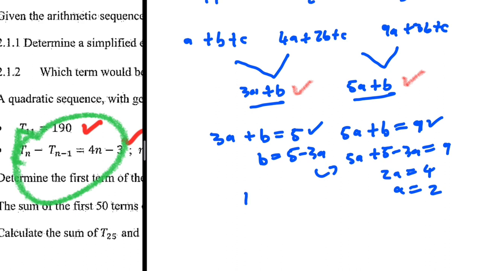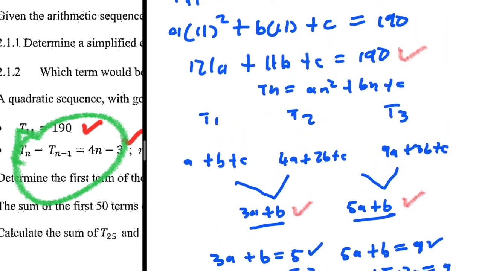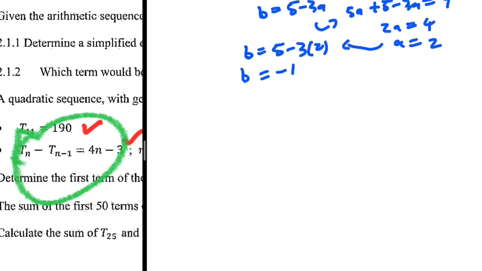And then b, on the other hand, is 5 minus 3 multiplied by a, which happens to be 2. So 5 minus 6 is minus 1. So b is equal to minus 1. A is equal to 2, b is equal to minus 1. We need c. In order to find c, we're going to use T11. We're going to come back to this equation here, because now we have a and b, we just need c. So a is equal to 2, b is equal to minus 1, and